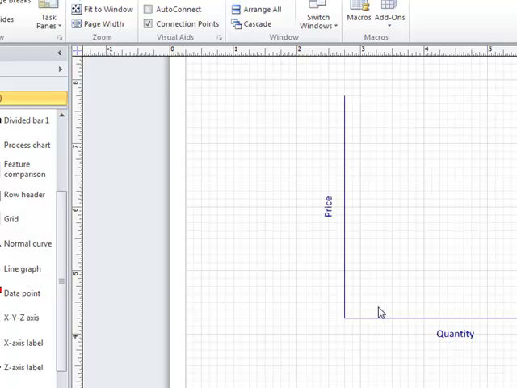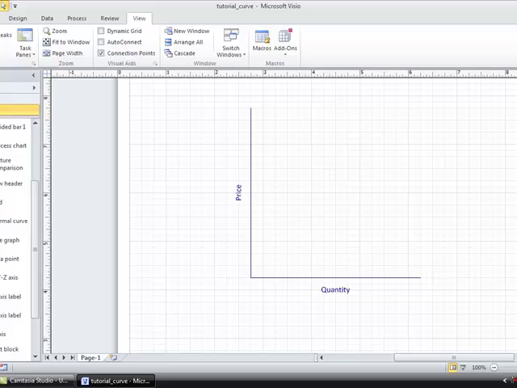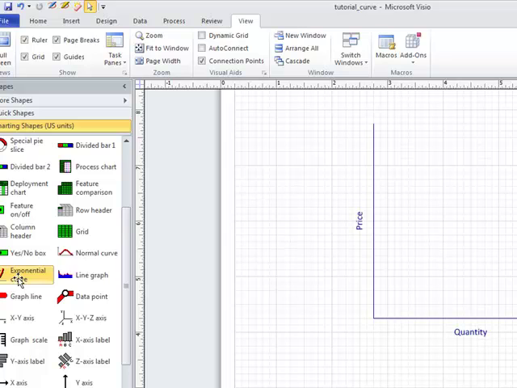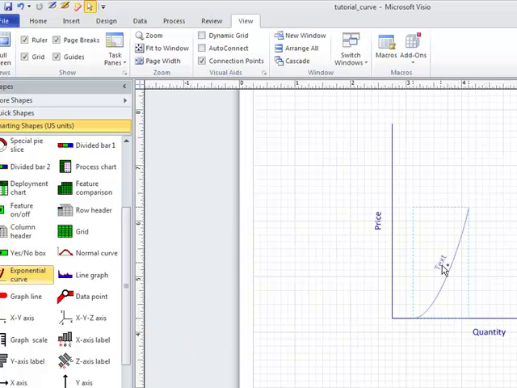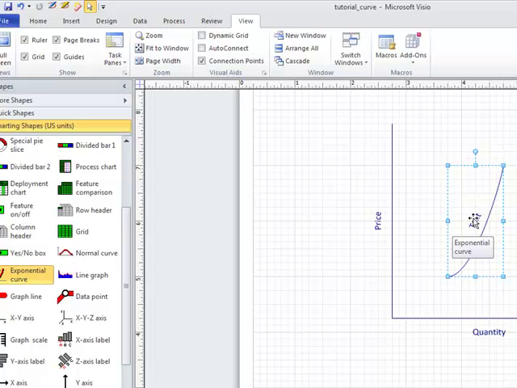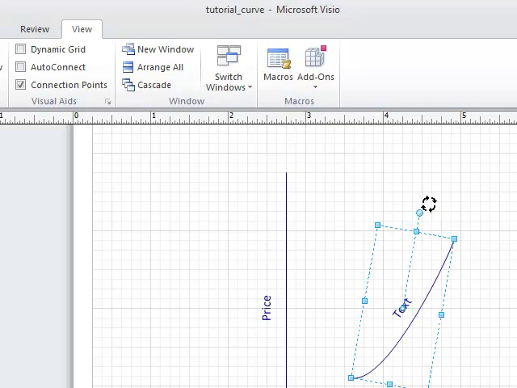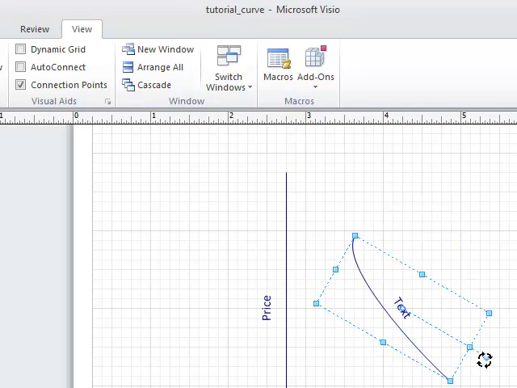Okay. And now we need a curve. So I'm going to come back over here, and I'm sure there are like 500 different ways you could be doing this. I haven't looked at instructions. This is all me just poking around, so you might find a better way, but I used this exponential curve last time, and I think the shape worked out fine for what we did. So we're going to use that again for this one. I'm just going to drop it there, and it's not going the right direction. So I'm going to come up here and grab the handle until the rotate shape symbol shows up, and then you just press down on your left mouse and turn it around